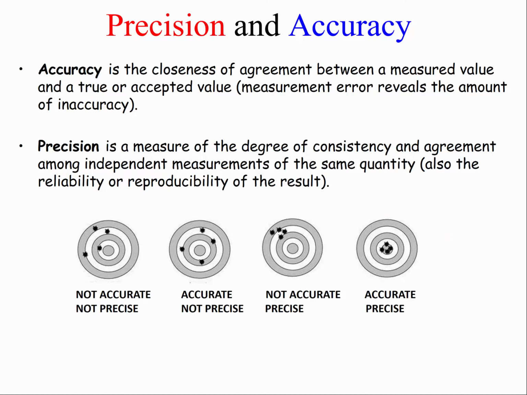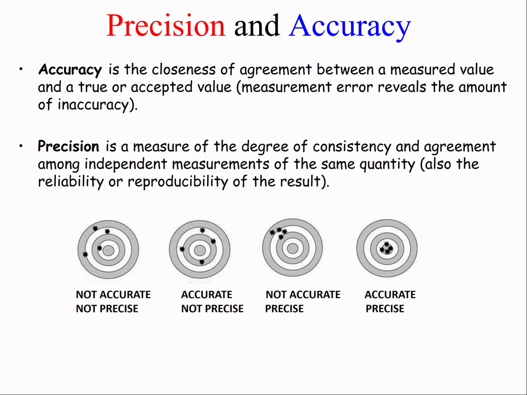In both cases, if we averaged out the data, it would agree closely with the true value, which is represented by the center of the dartboard. Any individual data point, so any of these ones here or even over here, might not lie at the true value due to random errors in the measurement process, but the data taken as a whole would produce an